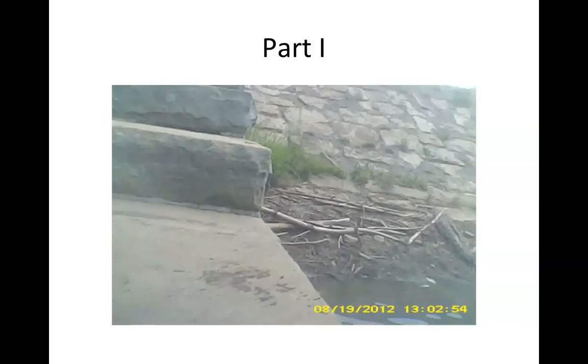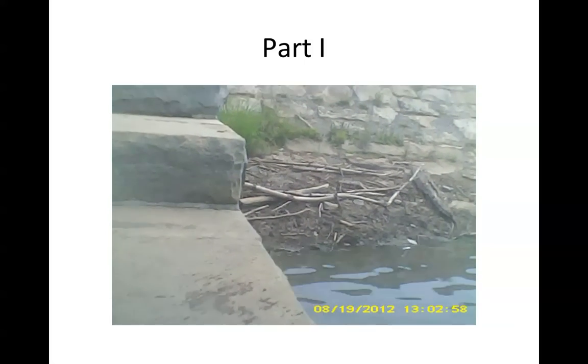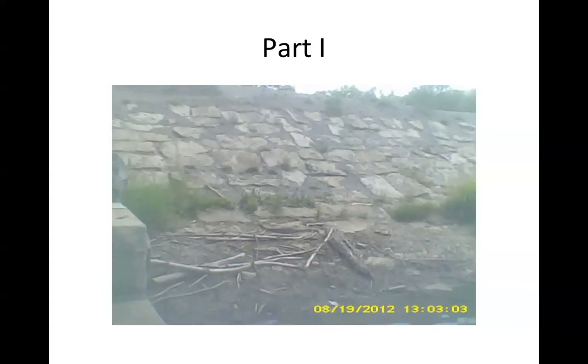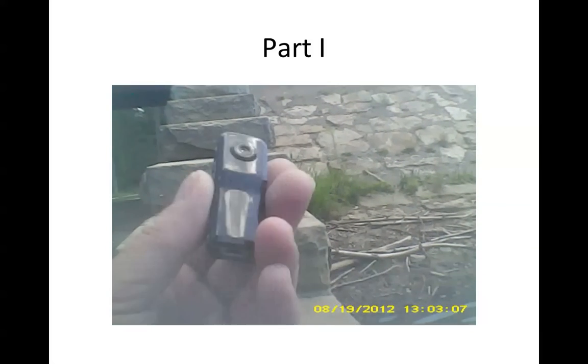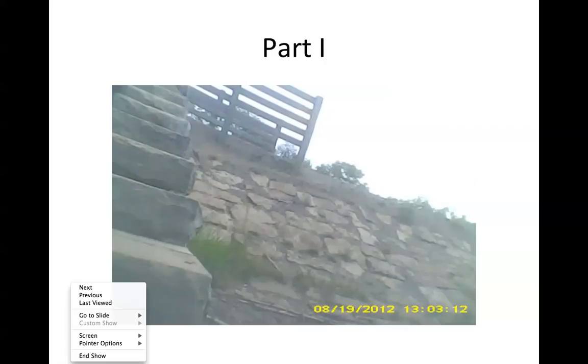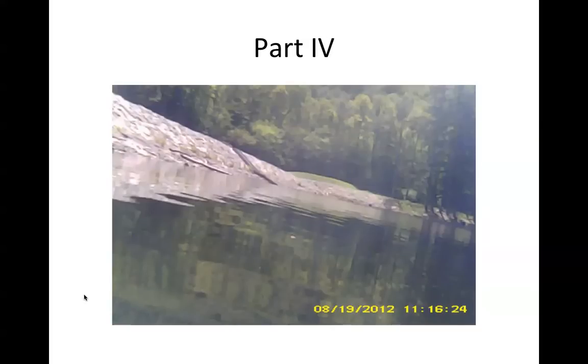The Morilla, via the Morilla Brook, will empty into the Tuna Creek, and that in turn will join up at the Allegheny Seneca Junction in Carrollton, New York, a few miles from here. Here's the camcorder, and we'll soon be underway. Okay, and we'll go back to part 2,